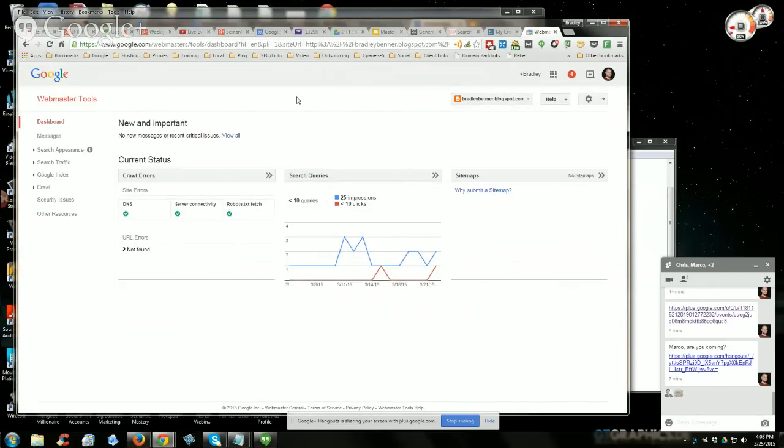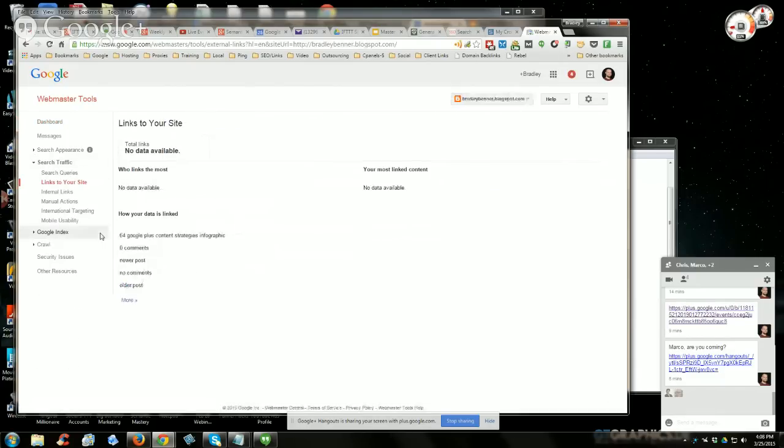I don't really use this for anything, but if you guys are in Google Webmaster Tools and you have your tier 1 or your money site connected to Webmaster Tools, which you should, right? Then go to Search Traffic and go to Links to Your Site. You'll see right here if there are links available from your IFTTT syndication network properties.